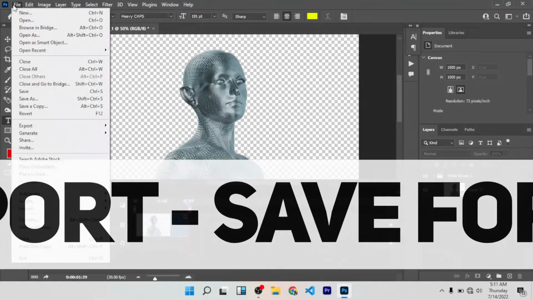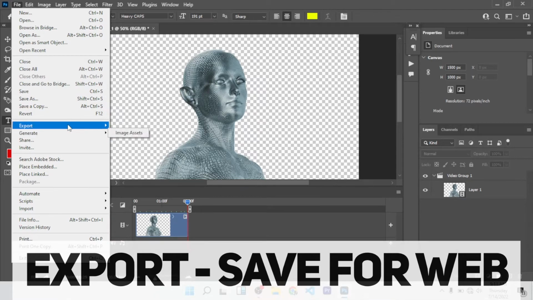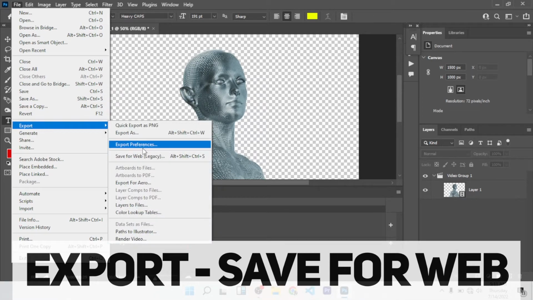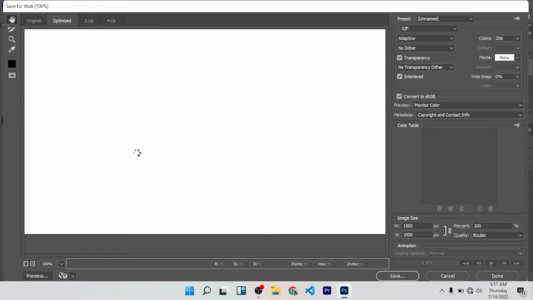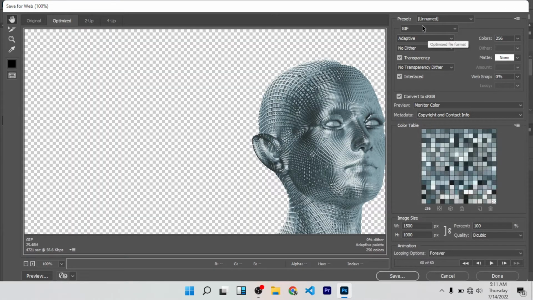So come here into File. To export it, you come here to File, Export, and then Save for Web. I mostly use these adaptive settings because it accommodates more colors and it makes your animation a lot smoother. That's why I use the adaptive settings. And if your Save for Web is not currently on GIF, make sure you first change it here to GIF,